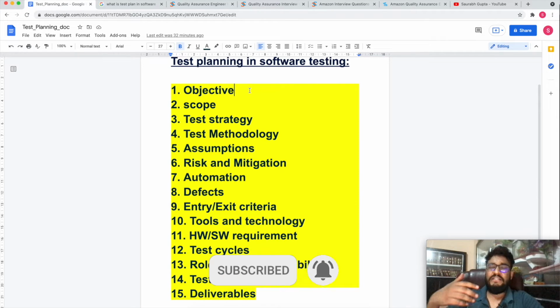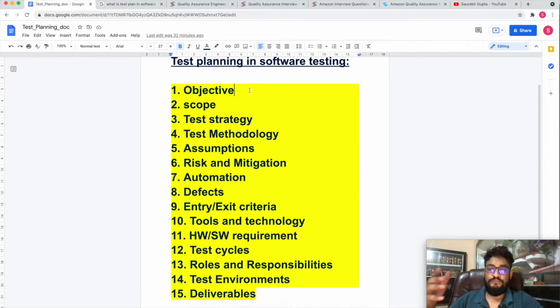You can create any number of scenarios. You just need to provide some idea about these kinds of points and you can speak on it. So you can create your own entry and exit criteria as per your scenario, whatever the requirement is given from the interviewer to you.